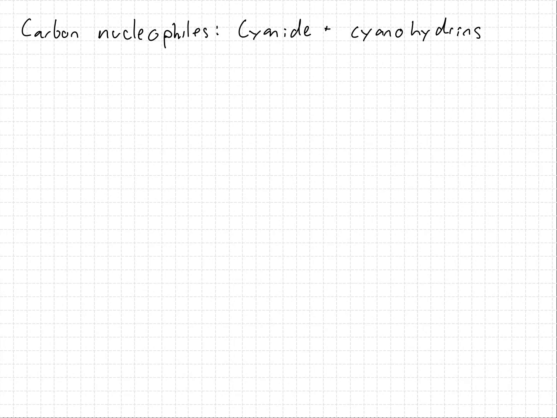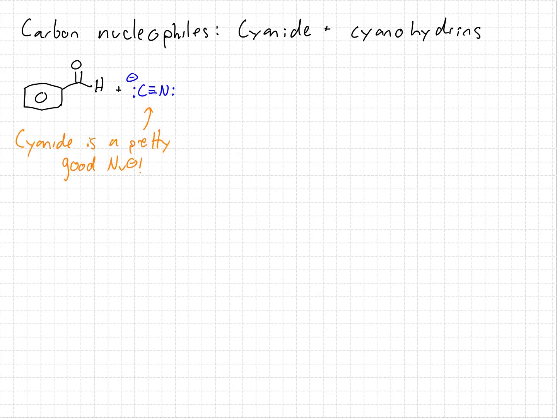So if we take something like an aldehyde, here benzaldehyde, and treat it with a solution containing cyanide ions, well, cyanide is a pretty good carbon nucleophile, so it's going to add to the carbonyl group just like an organometallic reagent would. Since the cyanide ion is much more stable than an organometallic reagent, this addition is reversible to produce an analogous alkoxide here. This thing can easily pick up a proton,